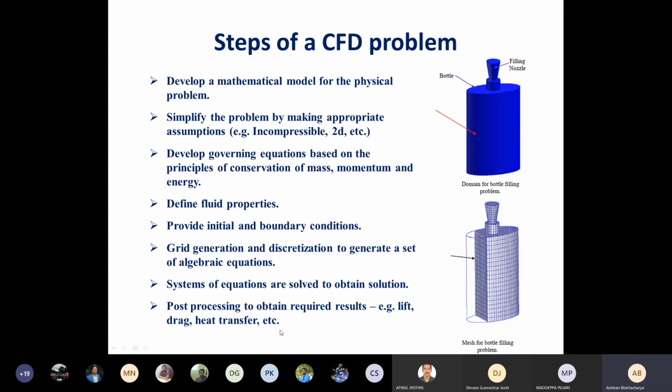So you are asking how to know whether the answers are correct. We have to think about whether we are getting the correct result or not, whether the result looks physical or not. For example, if we are pouring liquid, but your results are showing that flow is going out of this nozzle, obviously this will not happen, but if it is very inaccurate, this may happen. In that case, we know that the solution is not correct. So we have to change some parameters. Either the assumptions are wrong, or boundary conditions are wrong, or your solution procedure is wrong. We have to debug and solve the problem. Okay. Any questions?